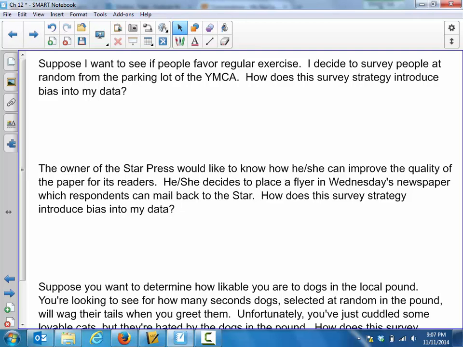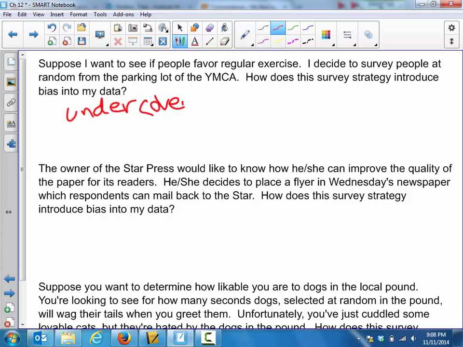The population is Yorktown. The sampling frame, therefore, is anyone who is in the parking lot of the Y while I'm conducting the survey. So how does this strategy introduce bias into my data? Well, clearly it is, and you could call this a couple of things. This certainly sounds like convenience sampling. I'm not really reaching out to the citizens of Yorktown to learn about whether or not they enjoy regular exercise. I have an example of under coverage here,